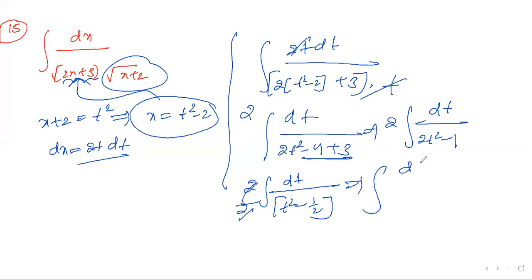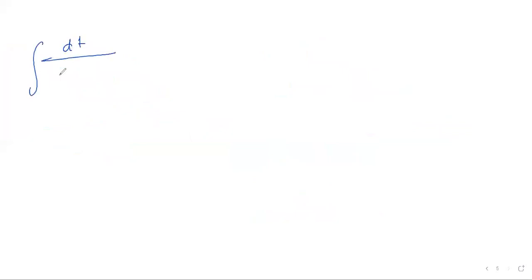The question looks like dt by t square minus 1 by 2. I write 1 by 2 in terms of a whole square, so I will make it root and make it square. So this question looks like integration 1 by under root of x square minus a square. I will write on the next page integration dt by t square minus 1 by root 2 whole square. This question looks like integration dx by x square minus a square. What is the formula? I think we have a formula, integration 1 by x square minus a square dx. What is the formula? Please tell me.